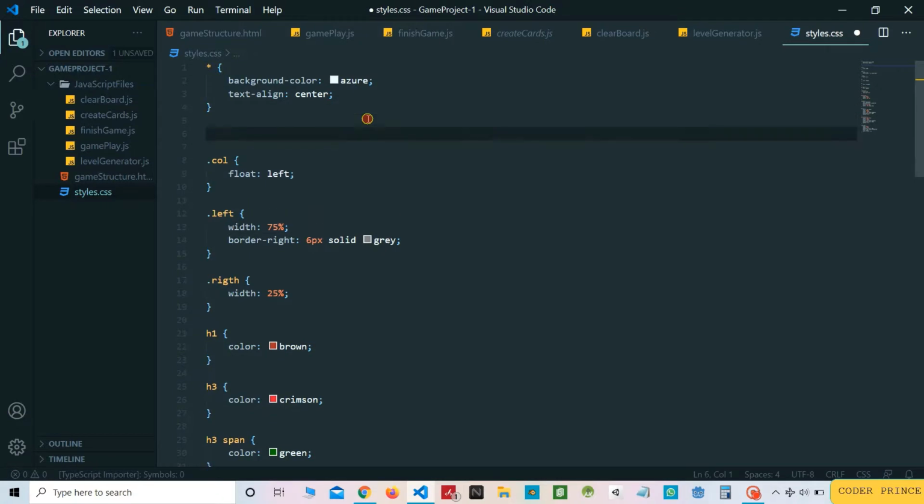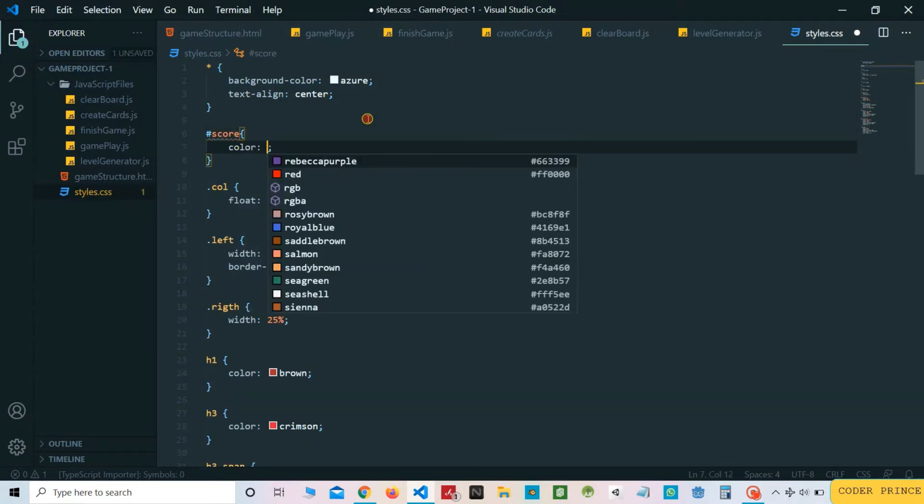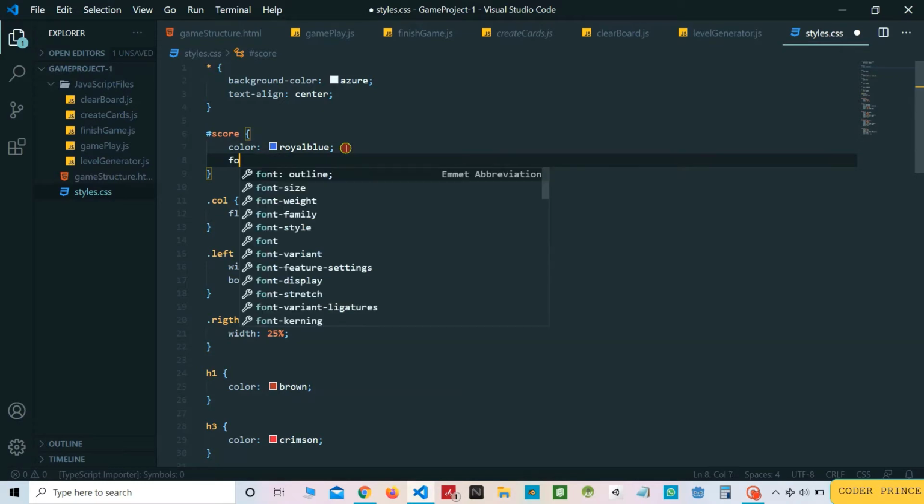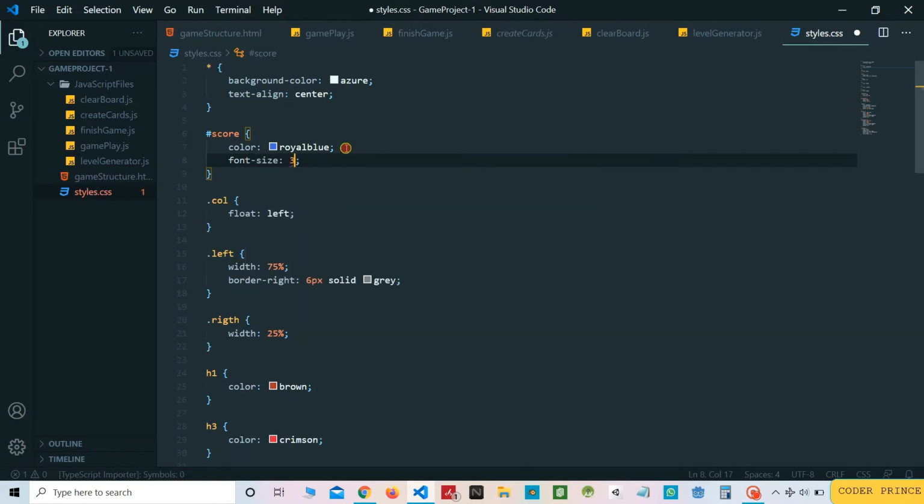Access the score element using its ID, and let's write some color and give it a font size of 32 pixels. Save the file and reload the page.